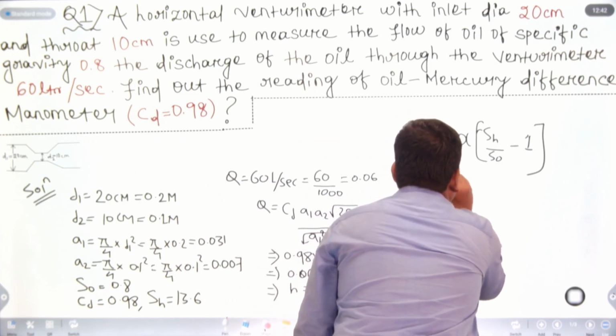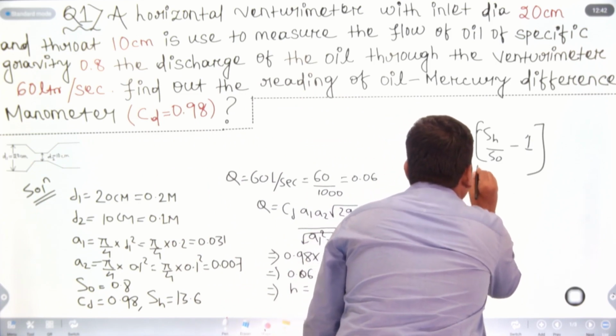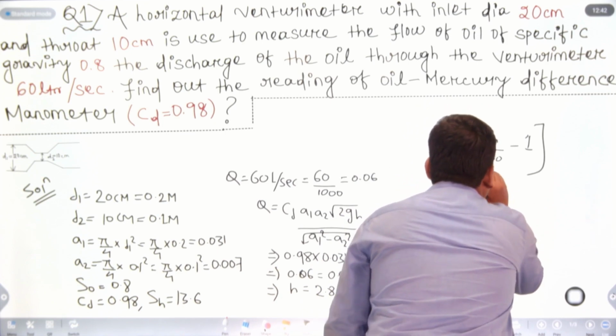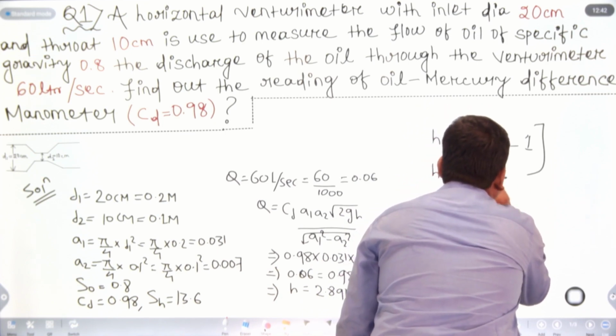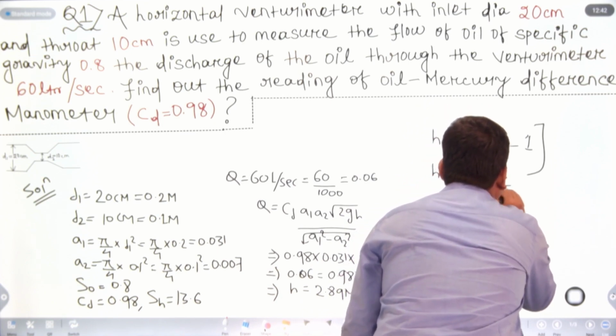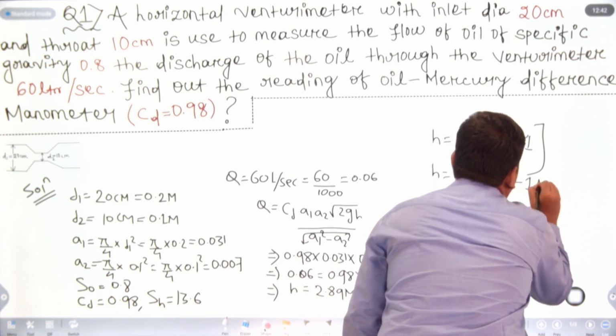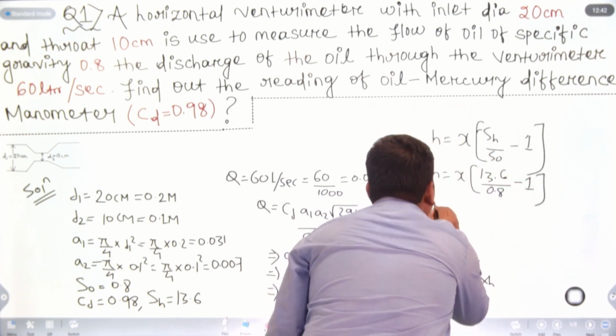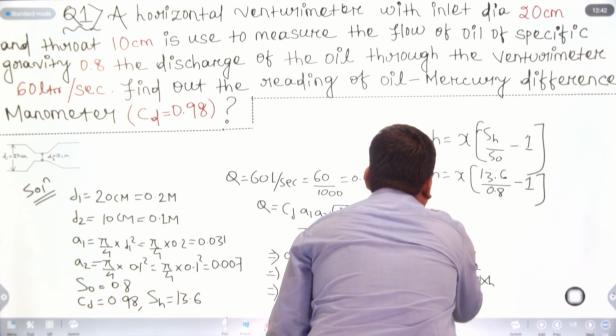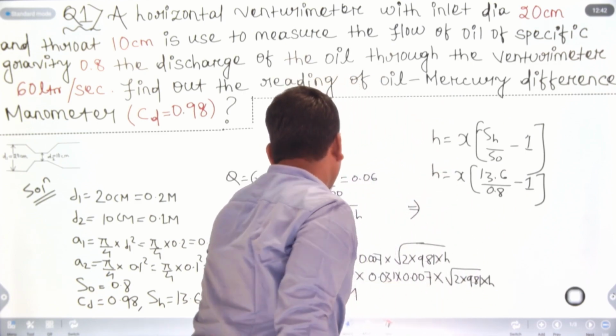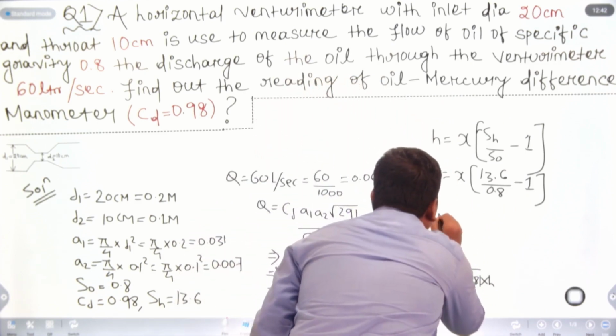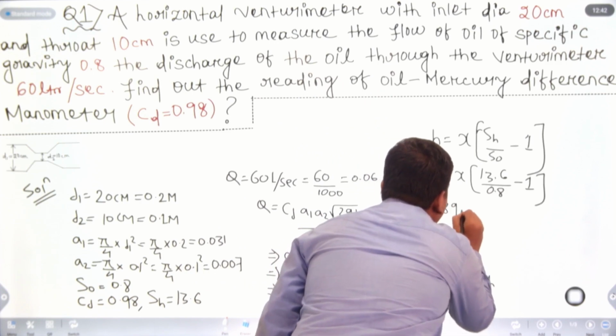Now h is equal to x into (13.6 divided by 0.8 minus 1). By calculating this, the h value given is 2.89 is equal to